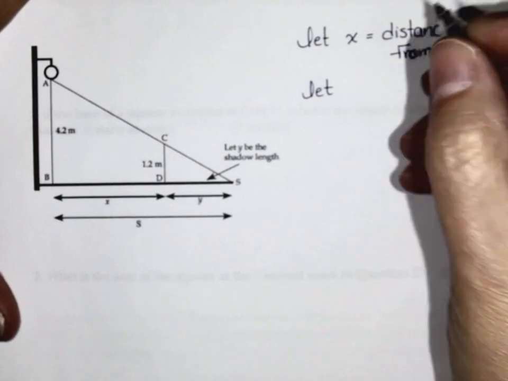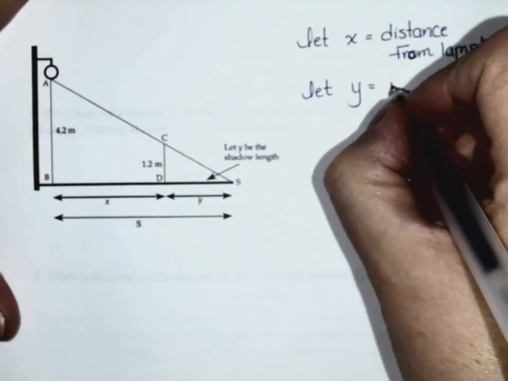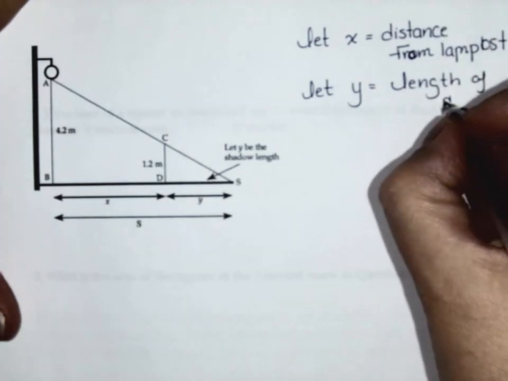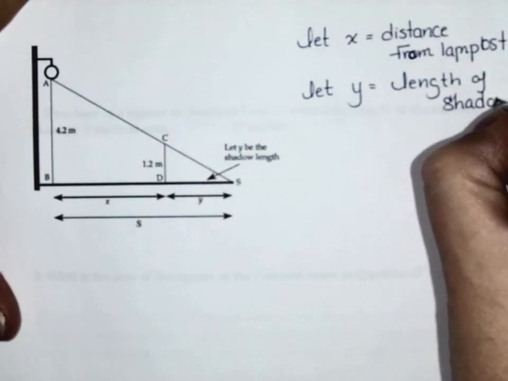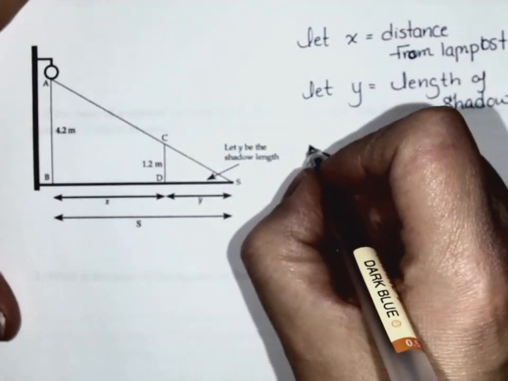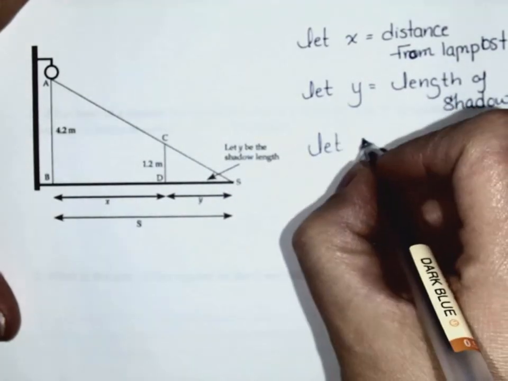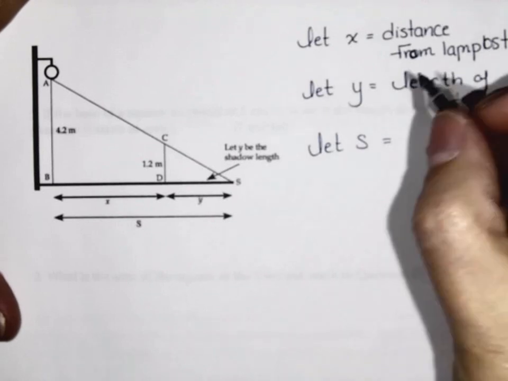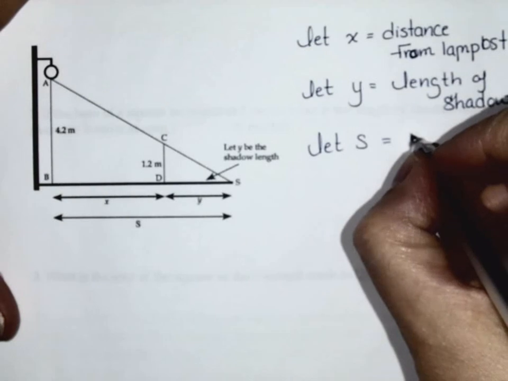The length of the shadow. And then S is just going to equal x plus y, right? So what is that? The distance of the end of the shadow from the lamppost. Yeah, so let S equal